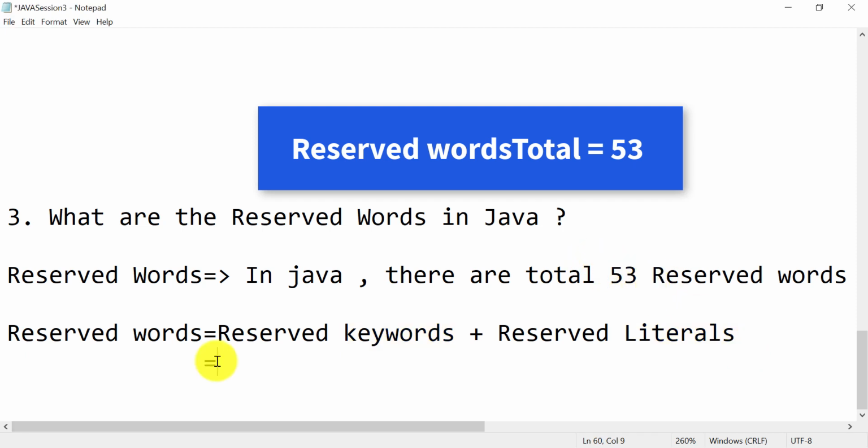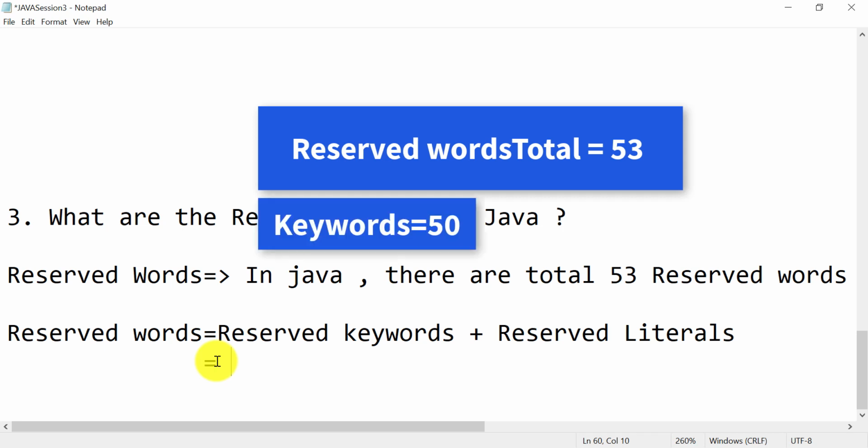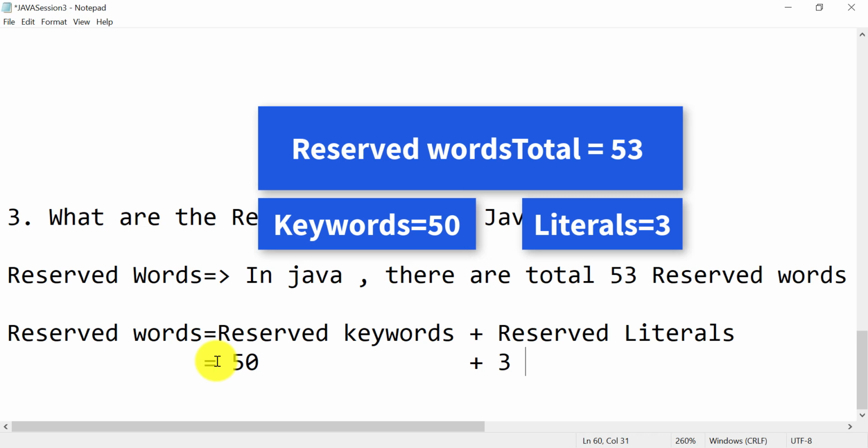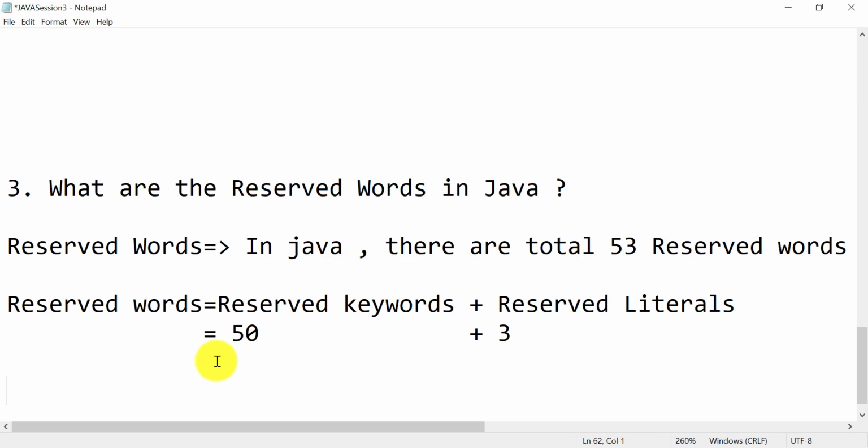In that, we have 50 reserved keywords, and three reserved literals which we cannot use as an identifier. So let's see the literals first.